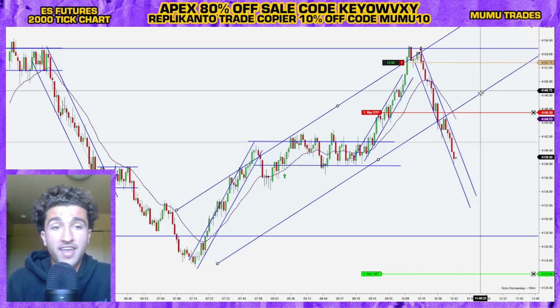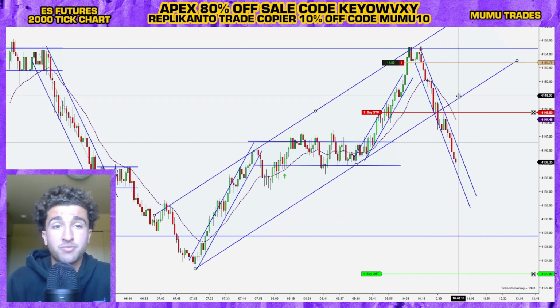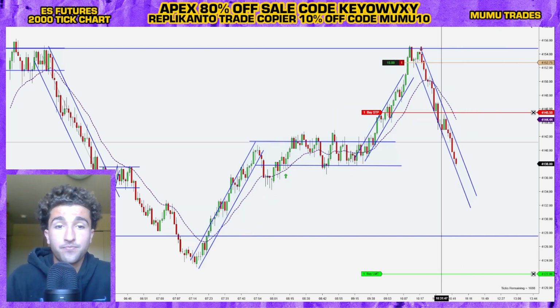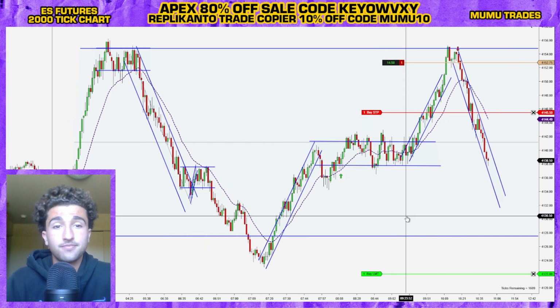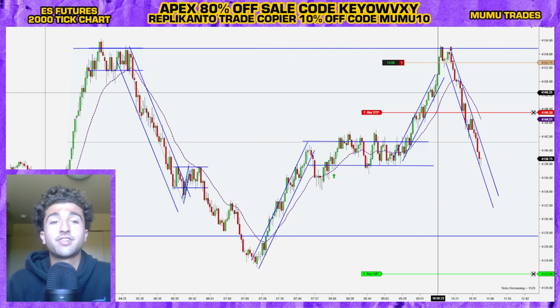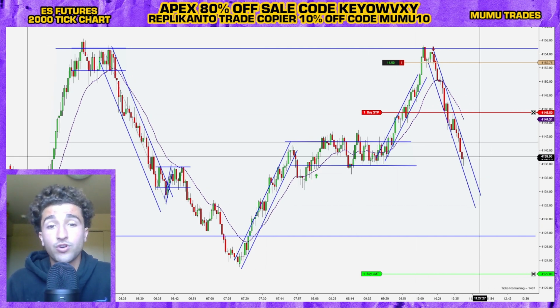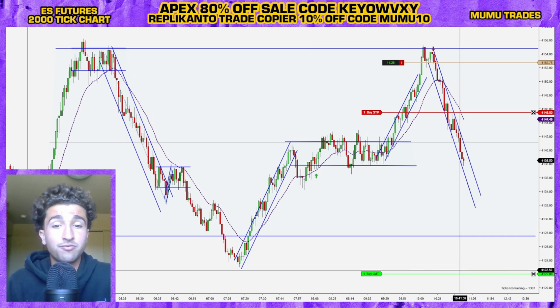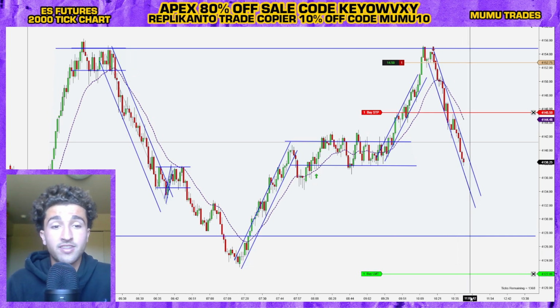So once again, we have this wide-term uptrend drawn, but if you just remove that, look at the bigger picture, it really looks like we just had one leg up, break, another leg up. Now we're working lower. I would not be shocked if we do get all the way to the lows of the day.